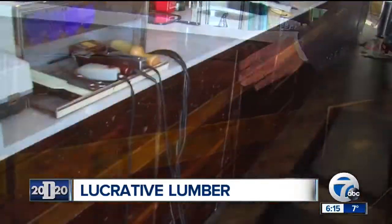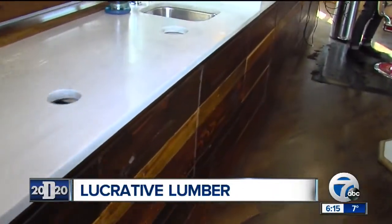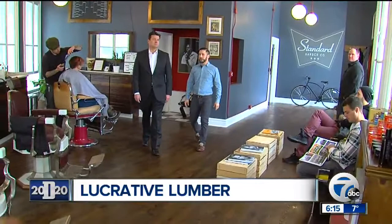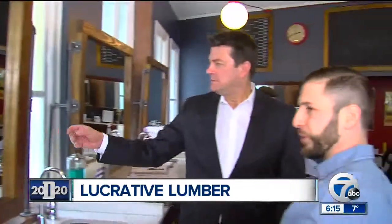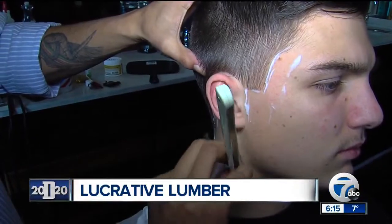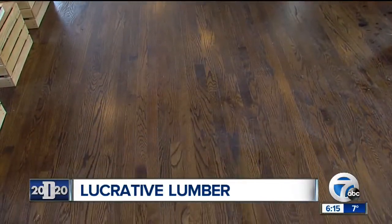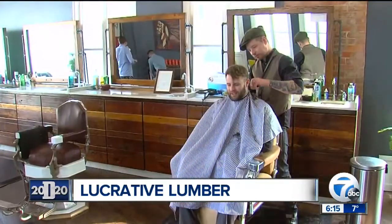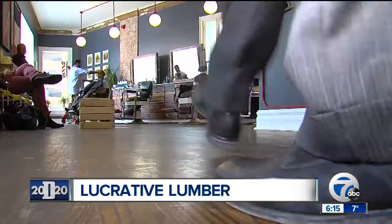The same materials that you see in the shop were the same materials that were used to build Detroit in the late 1800s. For owner Steve Economy, barbering was a dying art, now resurrected, just like his barbershop. Barbering, it was big in the early 1900s, and so it was suitable to use materials from that time period as well. But just like finding a good old school haircut, it's not all that easy finding old school building